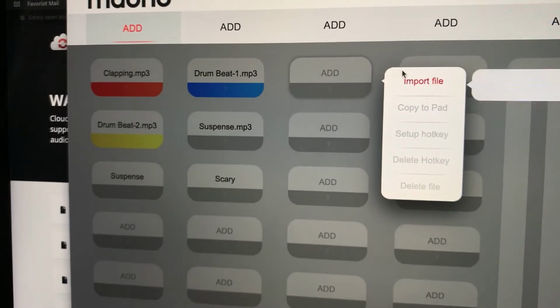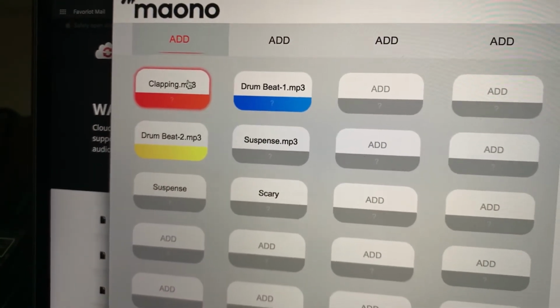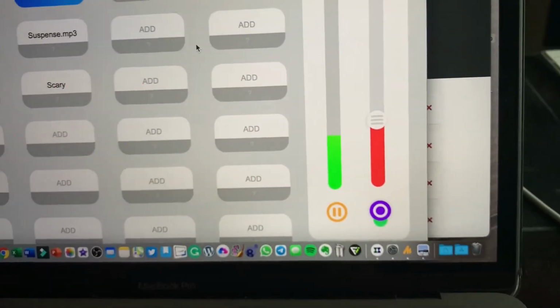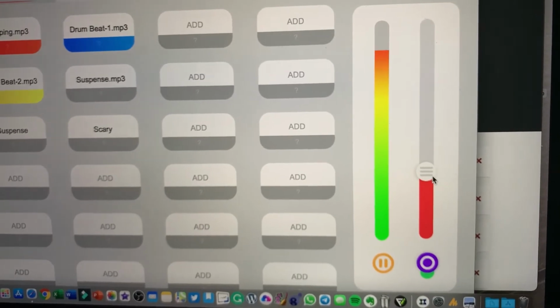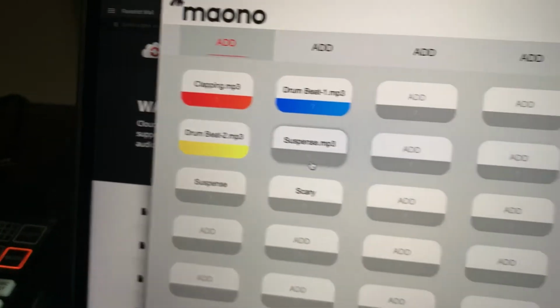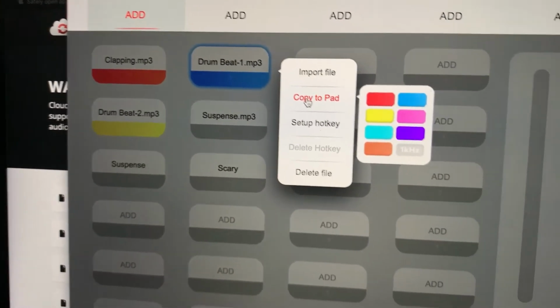So just import them if you want to. So once you have imported them, you need to test it out. So you can test the length and also the sound. Once you have that, what you need to do is that you can copy to the